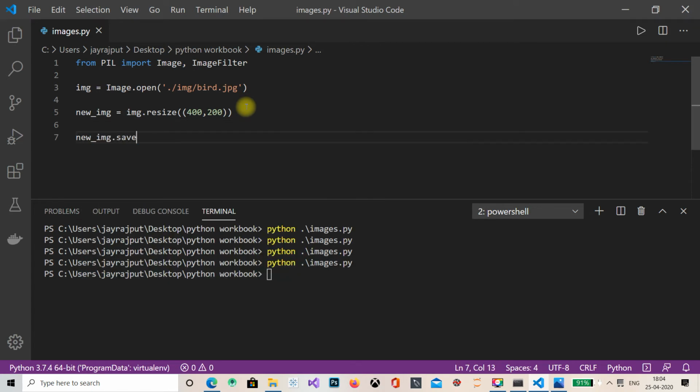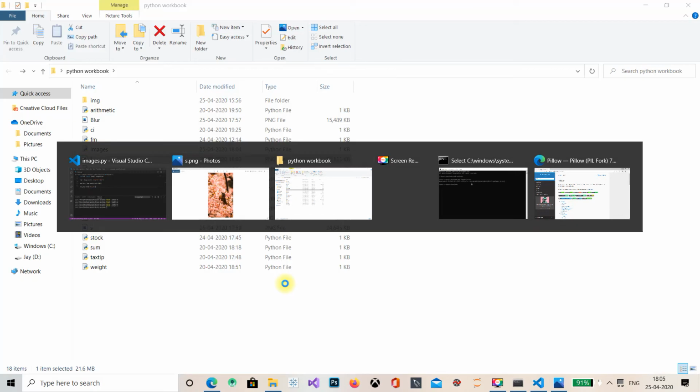Image dot save, and I will name it as new dot jpg, and so here it comes in our workbook.